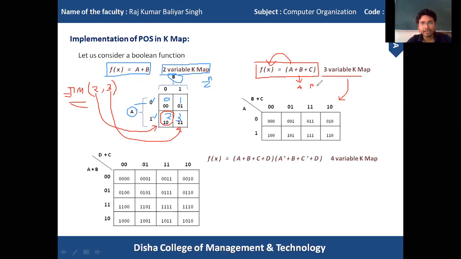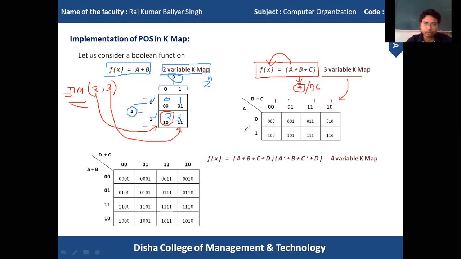BC is 2 variables, so again we have 4 possible combinations: 0 0, 0 1, 1 0 and 1 1. A is a single variable, which can take either 0 or 1. So this table has 4 columns and 2 rows.